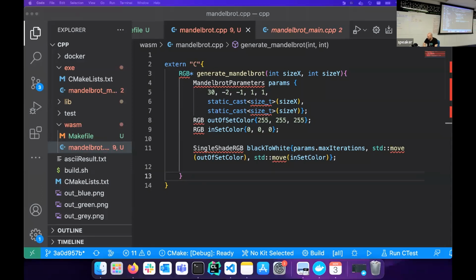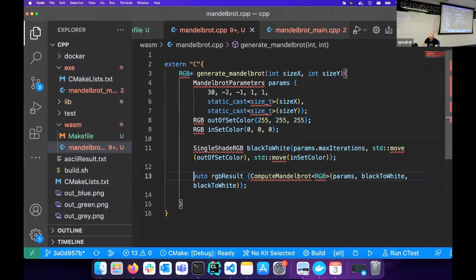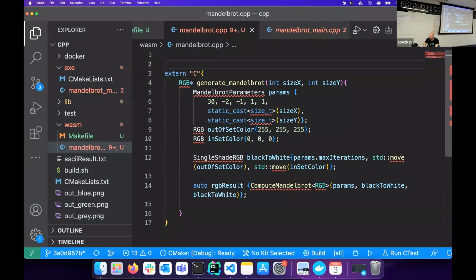And so then we're going to make a call to his compute function, computeMandelbrot, give it my params, black to white, and I get a result. And so now we start to run into some kind of trouble with how we are going to get this thing to our WASM. And the way that we're going to handle that is we're just going to use a